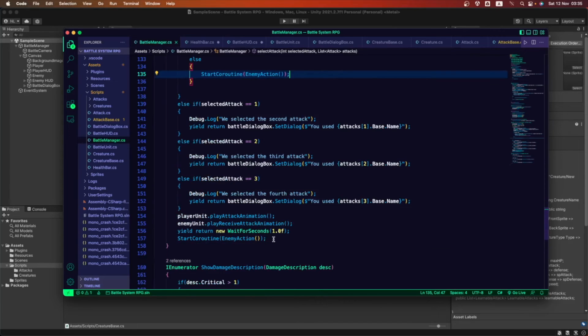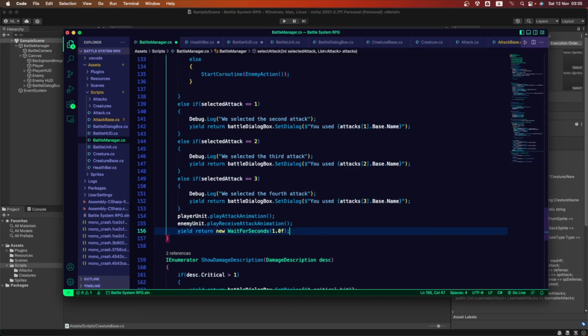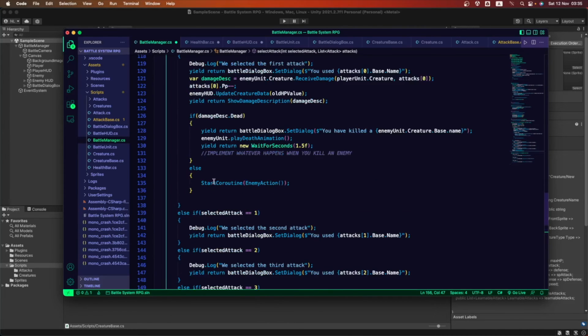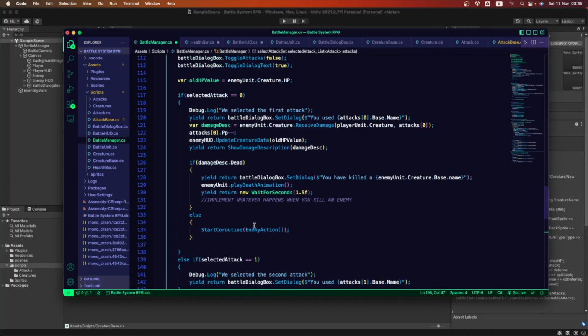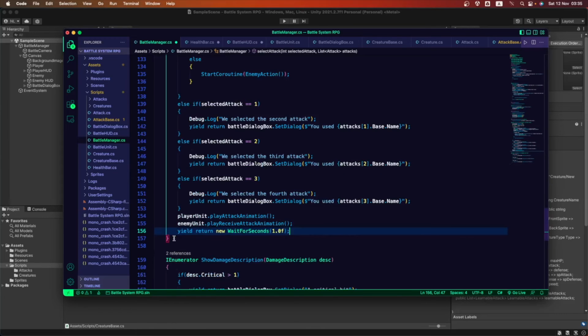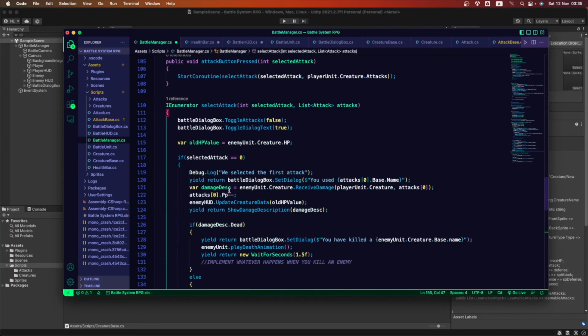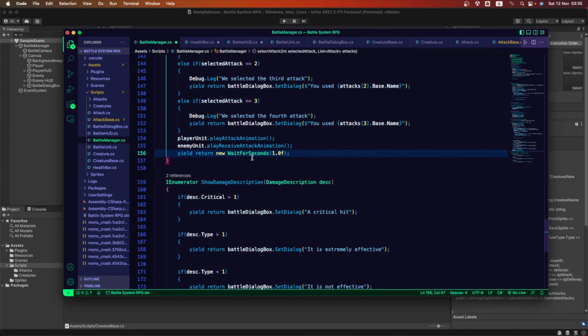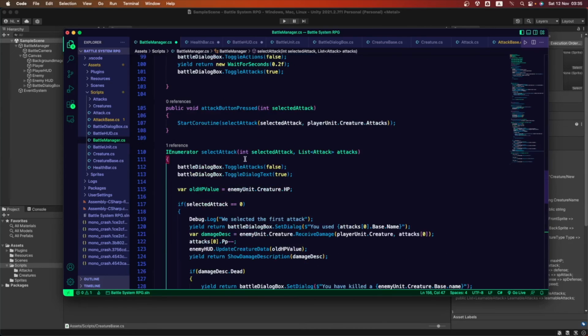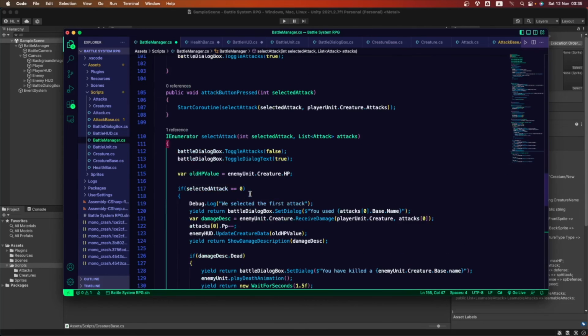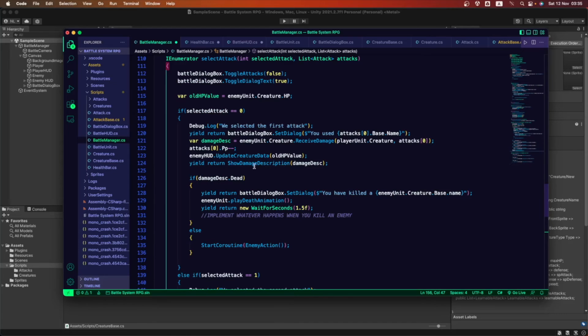For now, we're going to remove this start enemy action from down there, because now we're going to be calling it here inside of each if, when we know whether that enemy is dead or isn't dead. So erase that line that we had at the end of this select attack method. We're not going to be calling that enemy action method at the end of it.